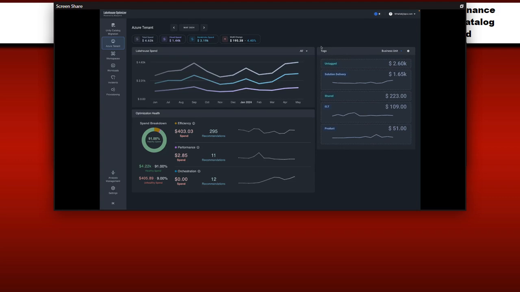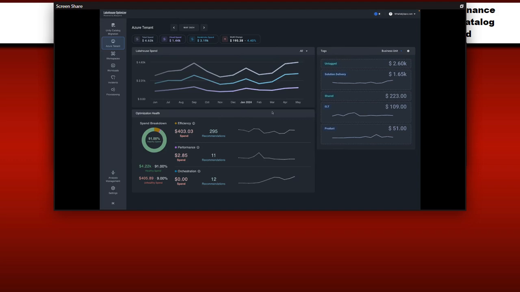Things start to get really interesting when you move into this optimization health category, where we show an overall aggregate amount of healthy spend and have that broken down between 3 categories of efficiency, performance, and orchestration. So the Lakehouse Optimizer is running in near real time adjacent to your Databricks environment, and it's collecting telemetry and metrics about all of the interactions that are happening on the platform and generating recommendations based off of incidents, and also sending out alerts as well, so that you can have a clear picture of what is important, where you need to take action, and how to ensure that your usage of the platform is, as we're describing here, overall healthy.